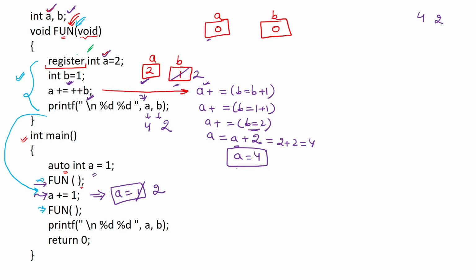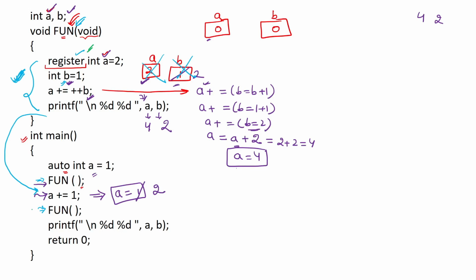Why? Because A is of class register and B is of type auto class variable, right? So auto and register variable have the lifetime till the block in which they are defined. Okay, after the control comes back from that block, then those variables are actually deleted. Okay, so now there are no A and no B. Okay, so this is the very important thing.